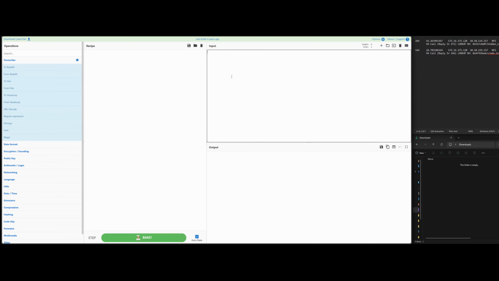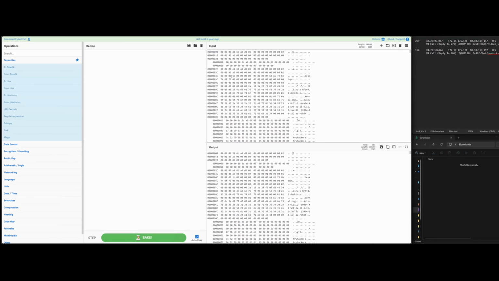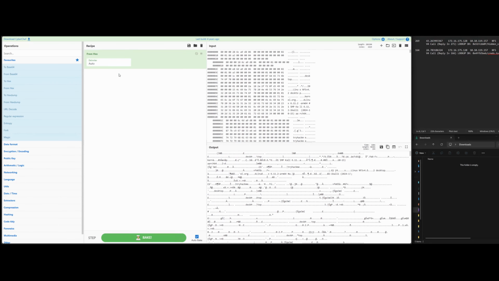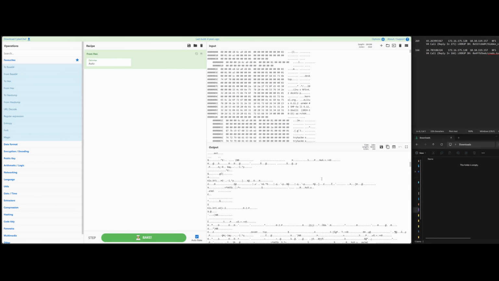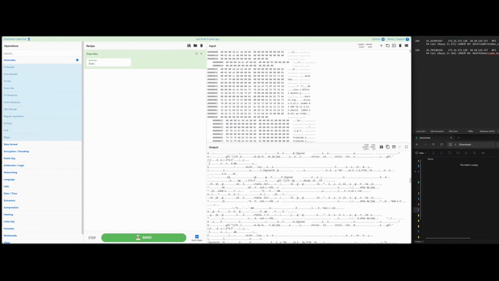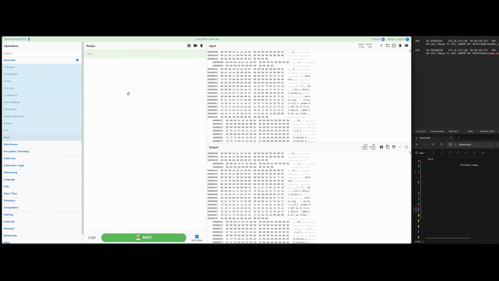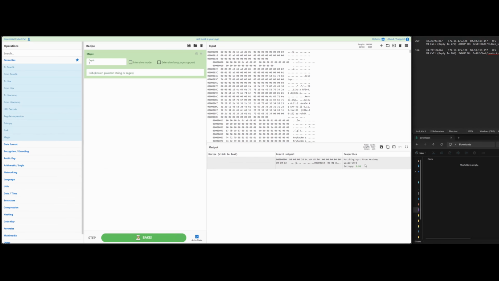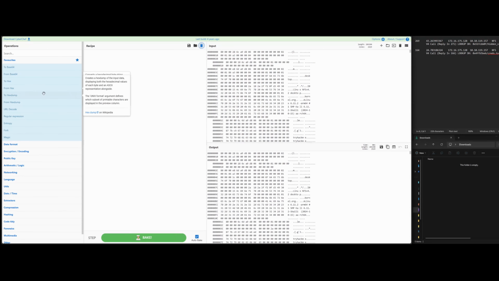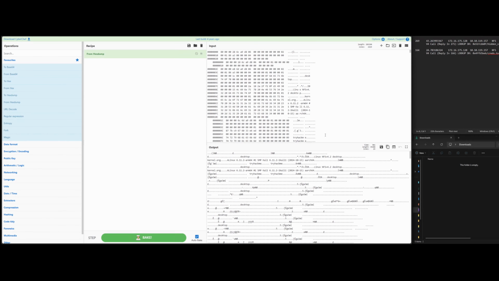Let's paste that input, and from hex. Okay. Can we do any magic on that? Let's get rid of that. What does magic give us? Alright, so it's from a hex dump. It's obviously seen that. So if we do from a hex dump,